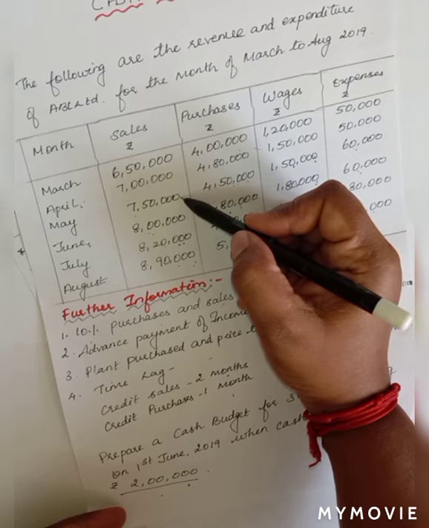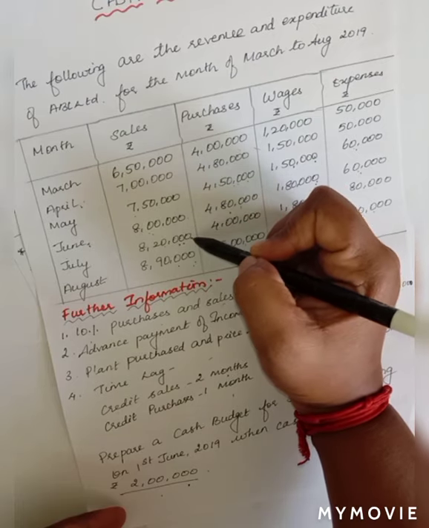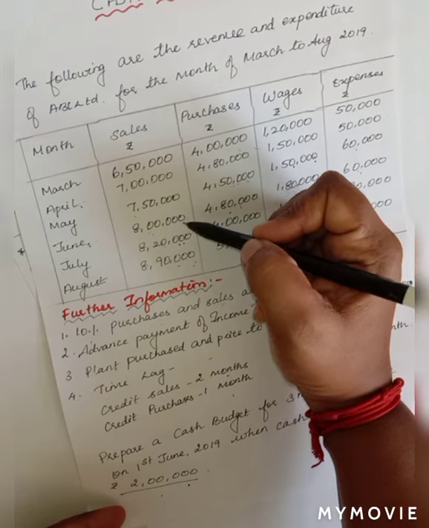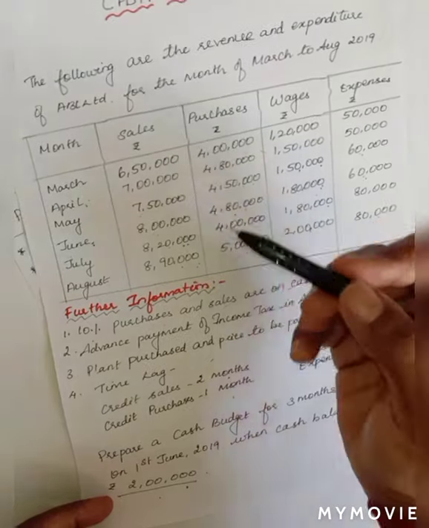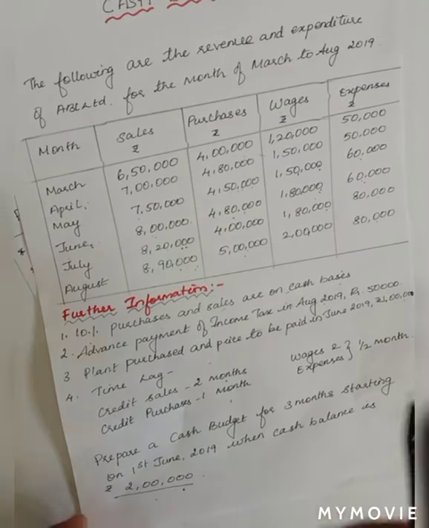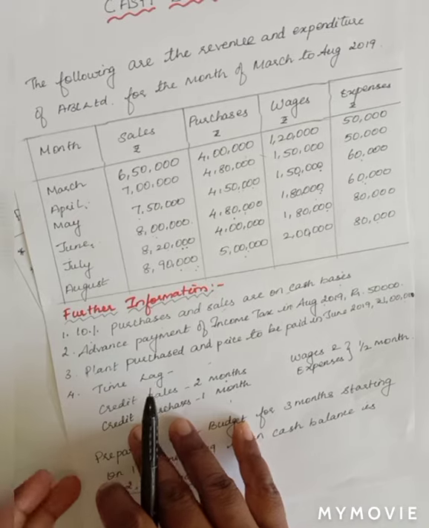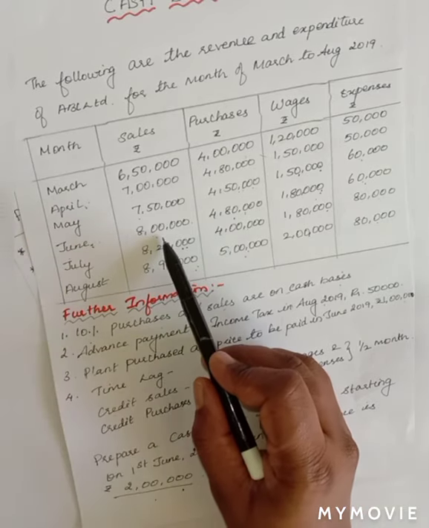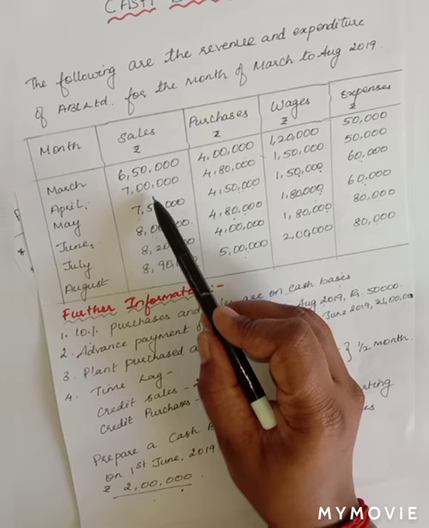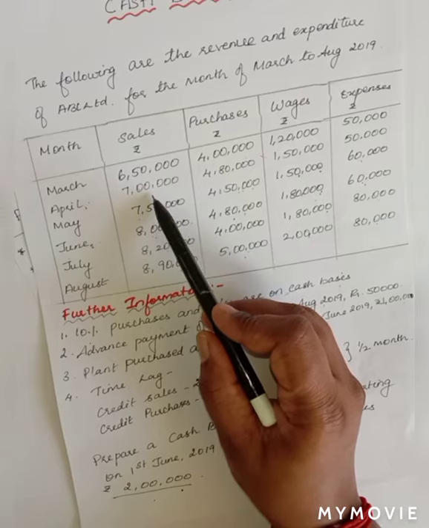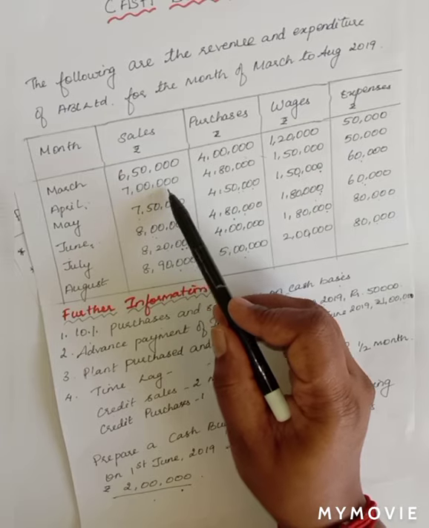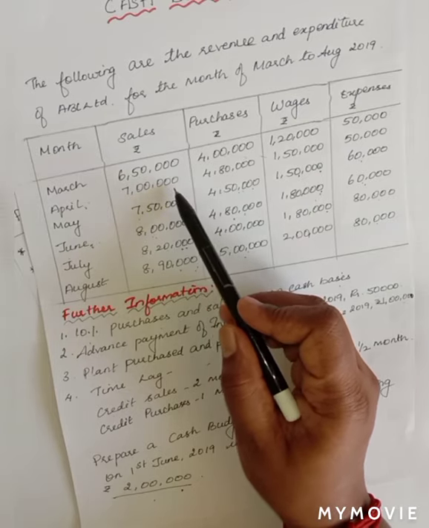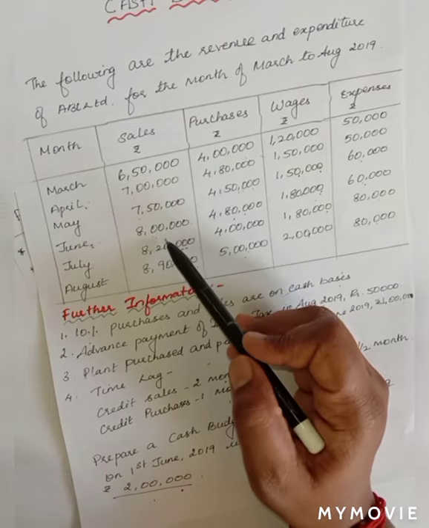Likewise, 90% of May's sales will be received only in July. 90% of June's sales will be received only in August. This is how we are going to work it out. Now we are going to work out only for June, July and August. In the month of June, we are eligible to get 90% of April month's sales. 90% is the credit sales and we have given a 2 months period to receive it. So that 90% will be received in June.